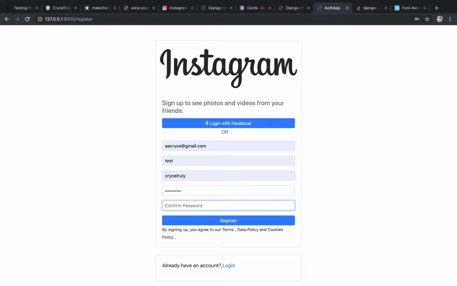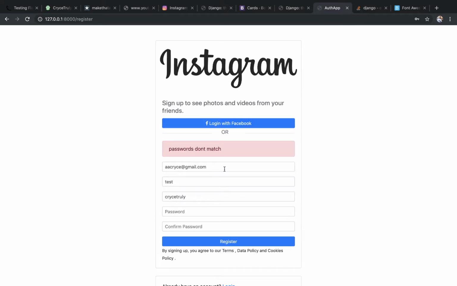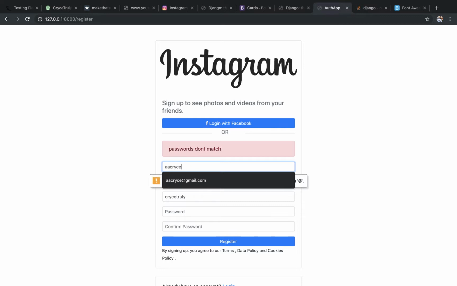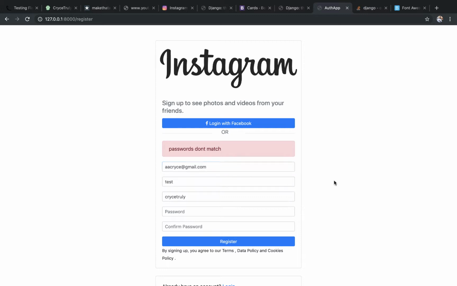Let's put passwords that don't match. We see that passwords don't match, meaning everything is working. If we put an email that's not valid, even our HTML won't let us submit it. If we add passwords that match,